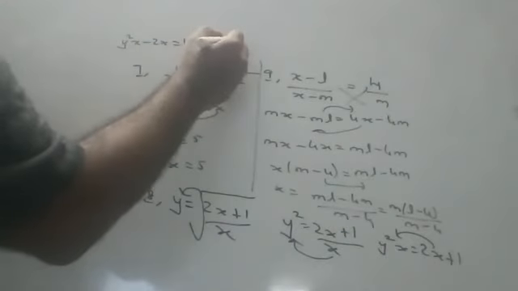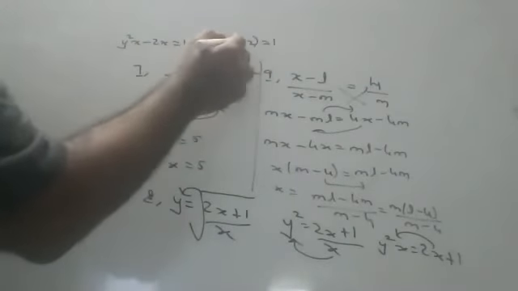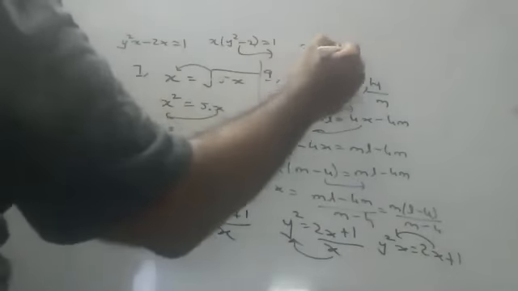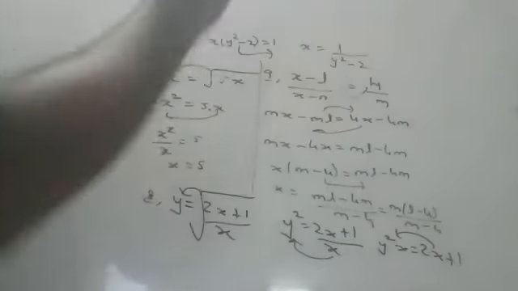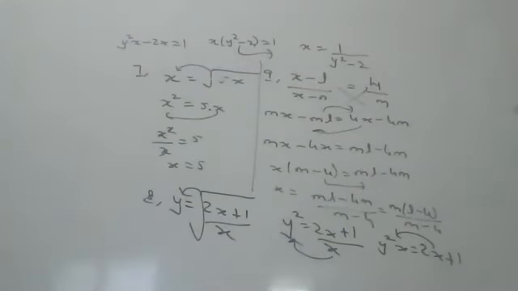X is equal to y square minus 2 is equal to 1. Then bring this down. X is equal to 1 by y square minus 2, like this. I hope you are getting some idea. If you don't know this, children, you will be having a lot of confusion. Okay, it is blind learning, we will say. You have to learn perfectly anything. Whatever you are learning, you should learn perfectly.